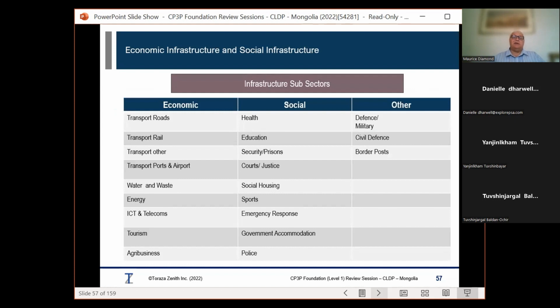And usefully, the guide breaks down the elements into economic and social. Now, it just so happens that this is something which may be different in different countries, so you may not break them down in quite the same way. The economic area has transport, roads, rail, and other ports and airport. Then you have water and waste, energy, ICT and telecoms, tourism and agribusiness. Social: health, education, security, prisons, court, justice, social housing, sports, emergency response, government accommodation, and